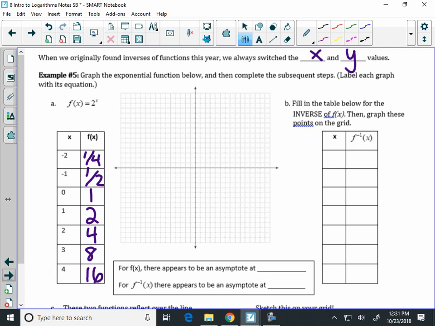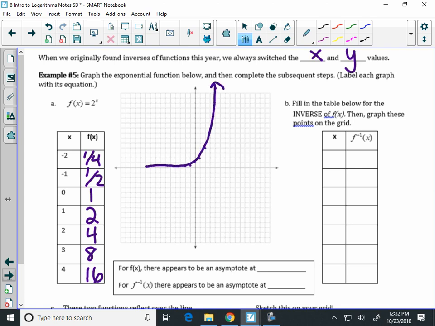And we're going to plot negative 2, 1/4. You can just estimate it. Negative 1, 1/2. 0, 1. It's a small little grid, so we can fit as many points on as possible. 1, 2, 2, 4, 8, 16. So then once you plot those, I want you to connect the dots